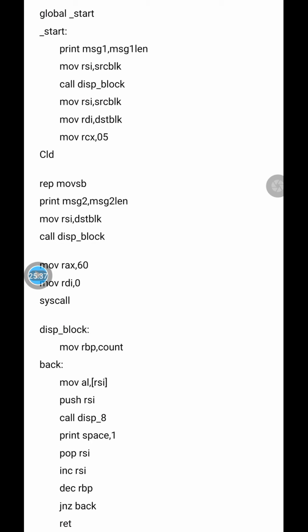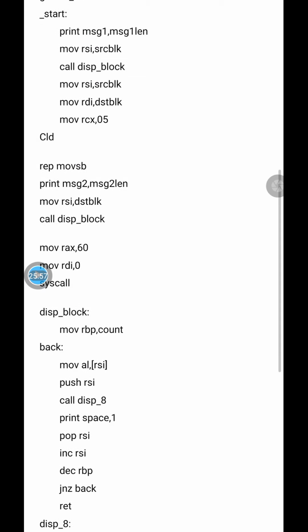If it is a word, RSI and RDI will be incremented by 2, and if it is a double word, it is incremented by 4, and if it is a quad word, it is incremented by 8 automatically. You don't have to write the instruction INC RSI or INC RDI in this case.